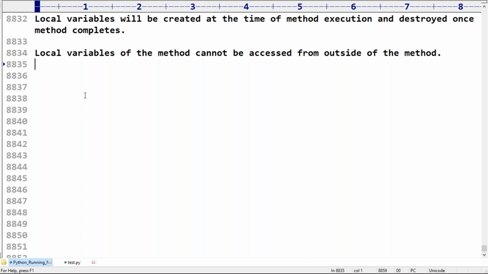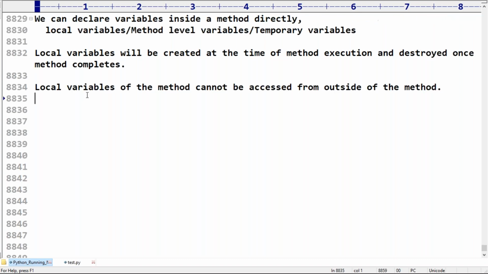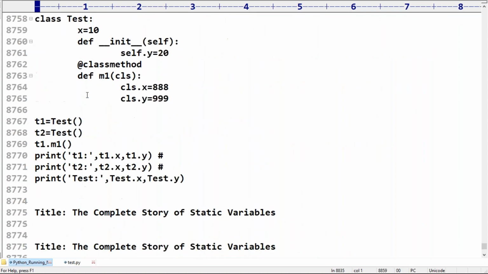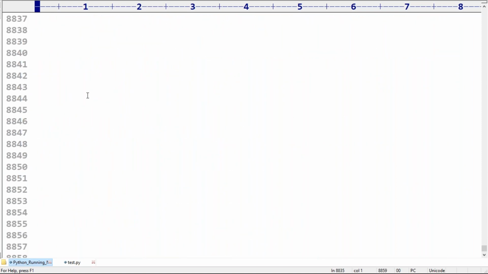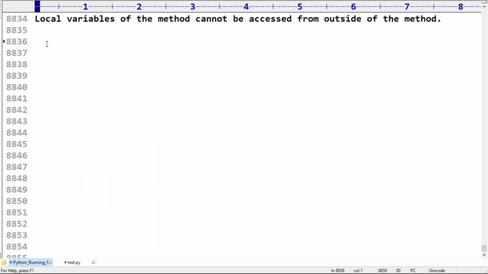Once a method completes, it will be deleted automatically. We are not required to delete it, because it's temporary data. Now see this terminology, a small application.